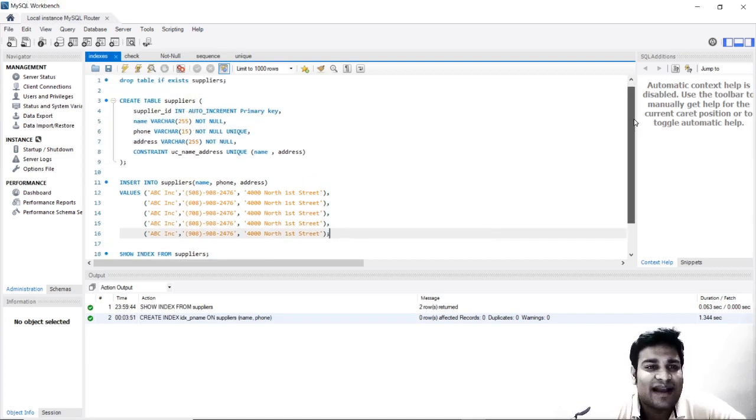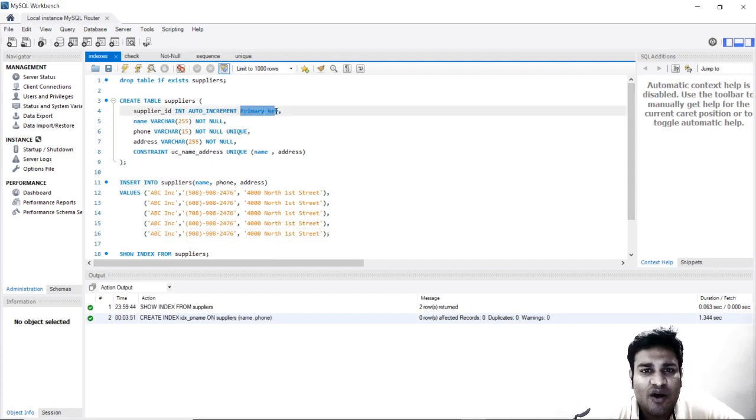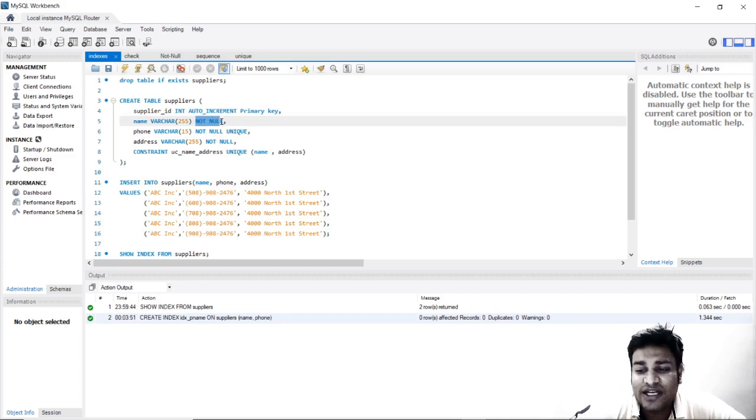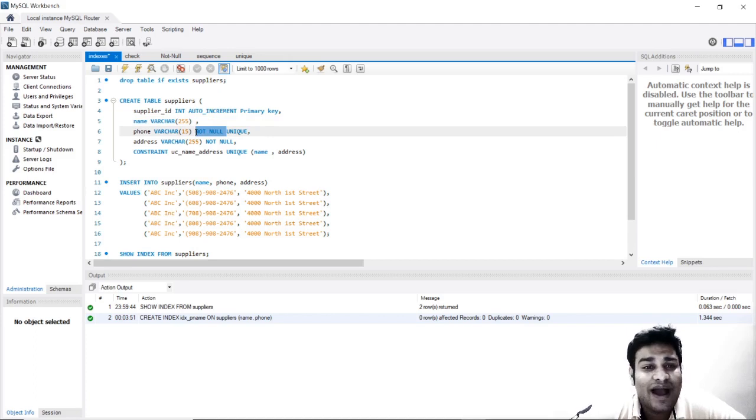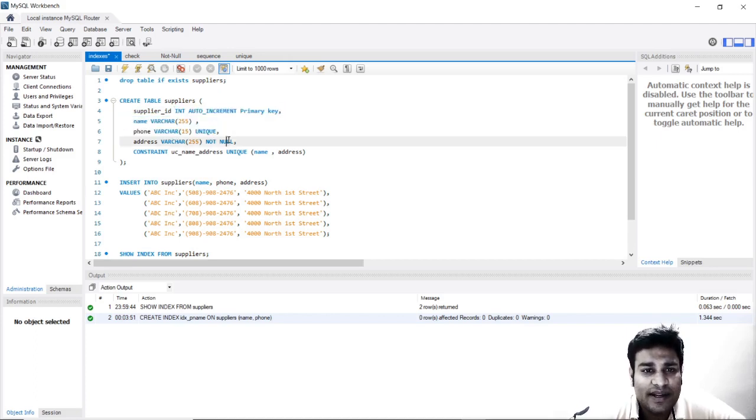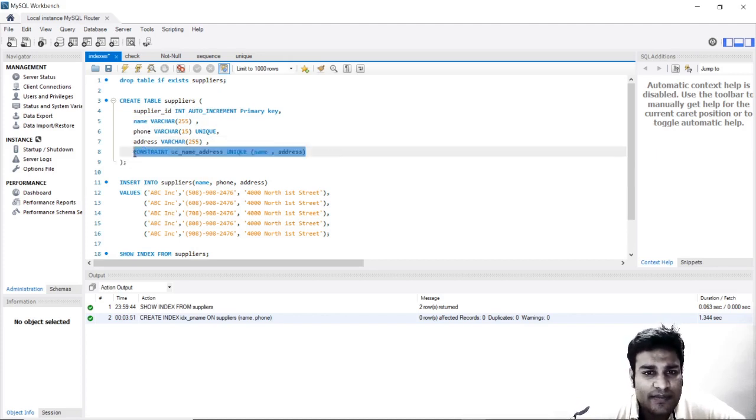So what exactly is an index? Now when we say that we have something called primary key, let's forget about it. You will understand why primary key requires an index when we talk about primary key. We have already spoken about unique and you know what exactly is unique, right? So just understand what an index is and why an index is required for unique. So let me keep it this way for now.